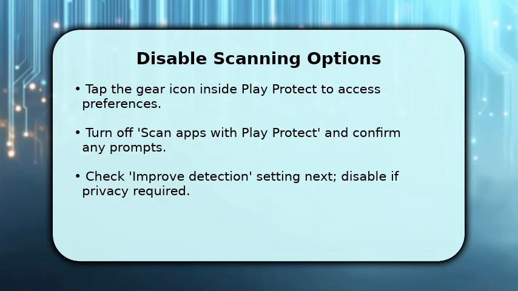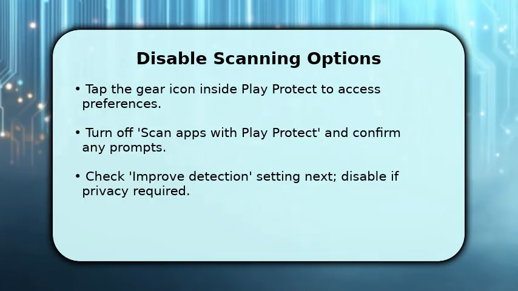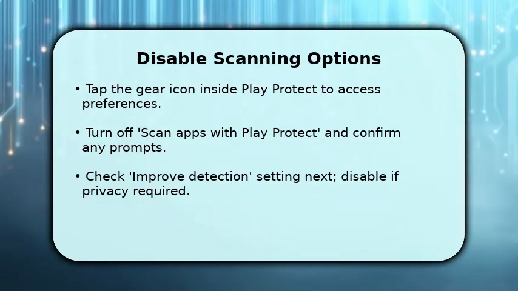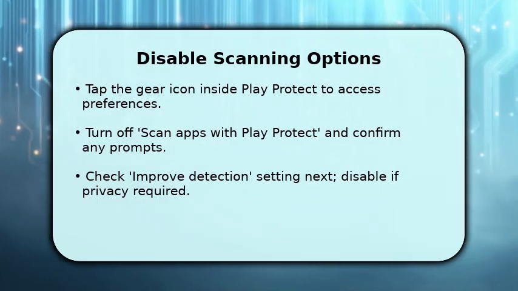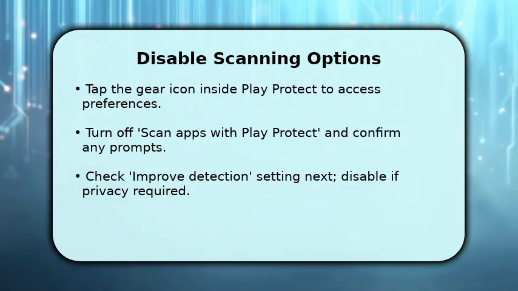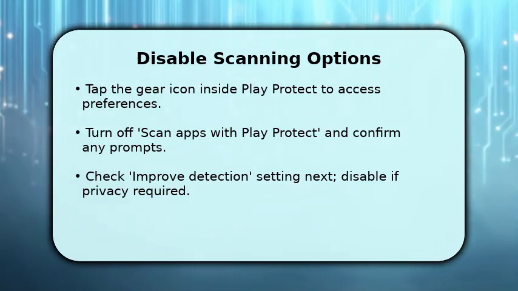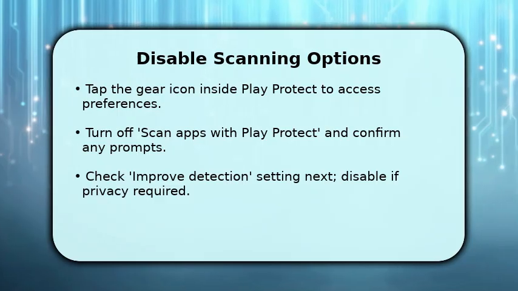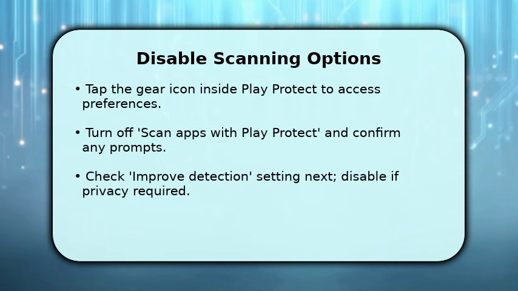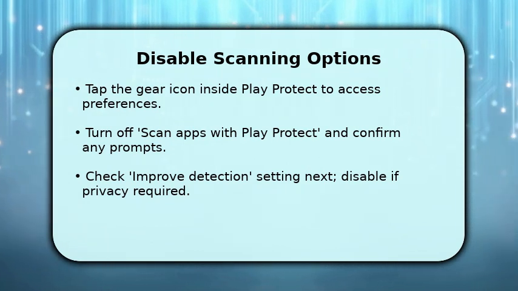First, turn off the Scan apps with Play Protect toggle and accept the confirmation so the system stops automatic app checks. Next, inspect the optional Improve Detection or Data Sharing setting and disable it if you prefer less cloud reporting. Make sure to read prompts carefully. Disabling both stops background scans, but leaves other protections like